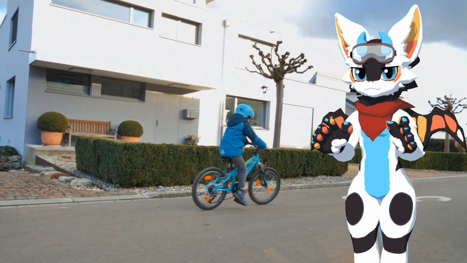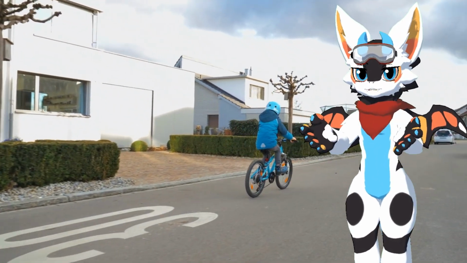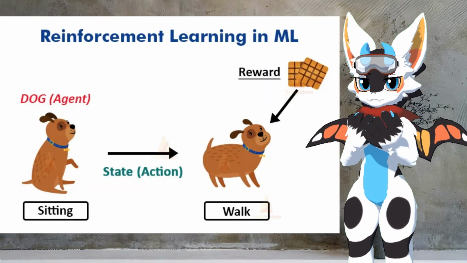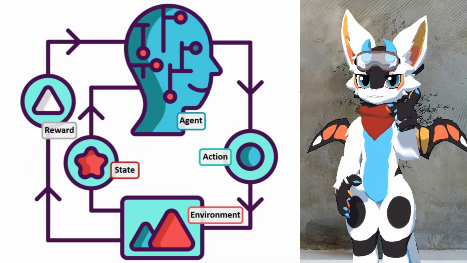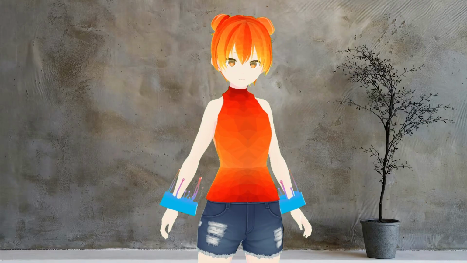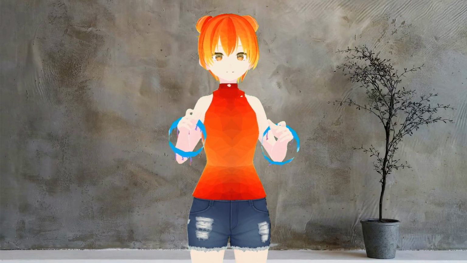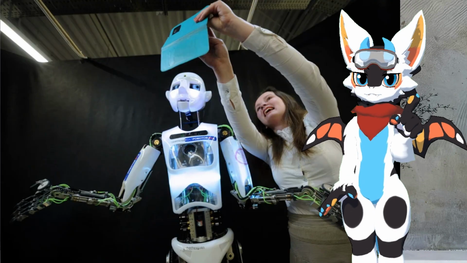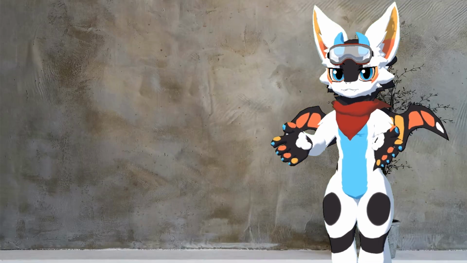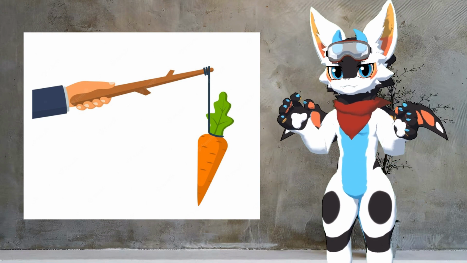Exactly! The child's actions are adjusted based on the feedback from the environment, and it's the same with a reinforcement learning model. It interacts with an environment, receives rewards or punishments for its actions, and learns a policy to maximize the cumulative reward over time. That's really cool. Is reinforcement learning used in any particular field? Yes, it's used in robotics, control systems, and game playing, and it's particularly useful in applications where a model needs to learn how to take actions to maximize a reward.